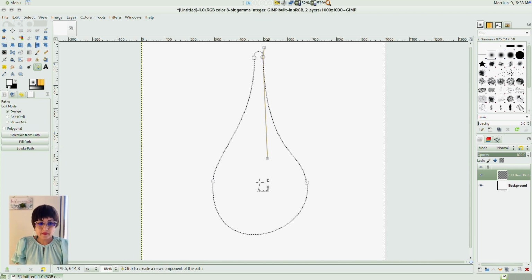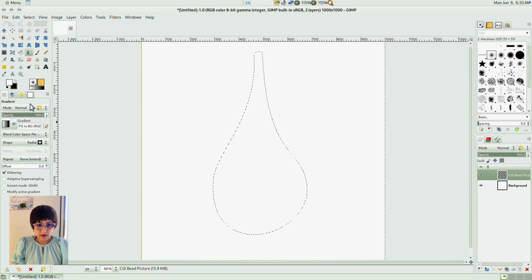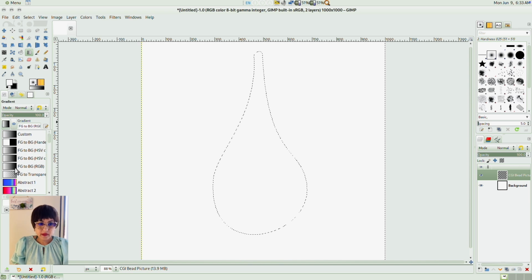Okay, so I selected selection from path, so it selects the path that was drawn just now. And now I can pick a gradient tool. Foreground to background RGB is okay.